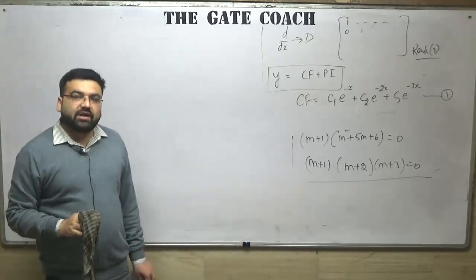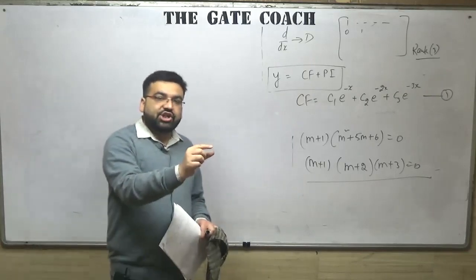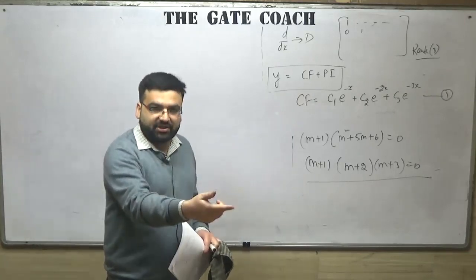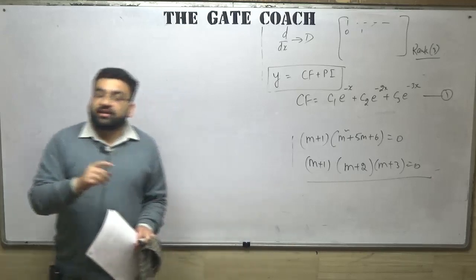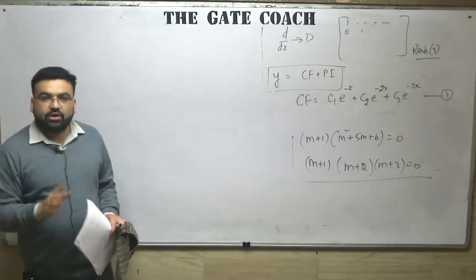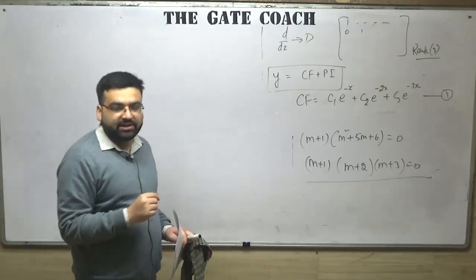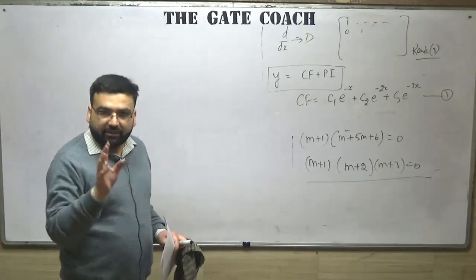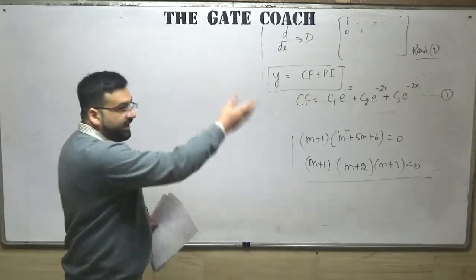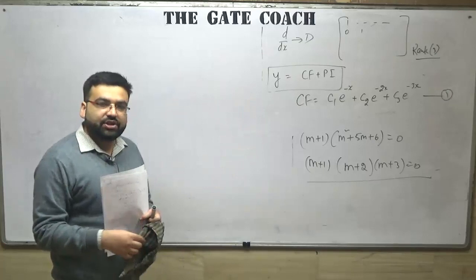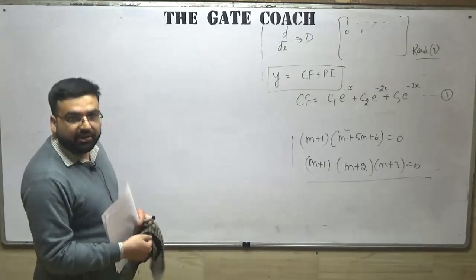Now, what is the meaning of rate of convergence? It is the ratio of the error in the n plus 1th term divided by the error in the nth term. So epsilon n plus 1 divided by epsilon n squared, it was coming out to be equal to 2. We also derived that in the class. The rate of convergence of the Newton-Raphson method, the answer will be equal to 2.